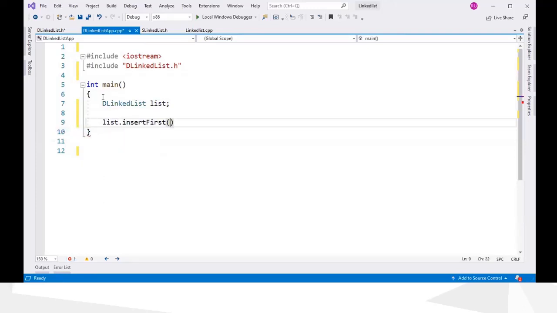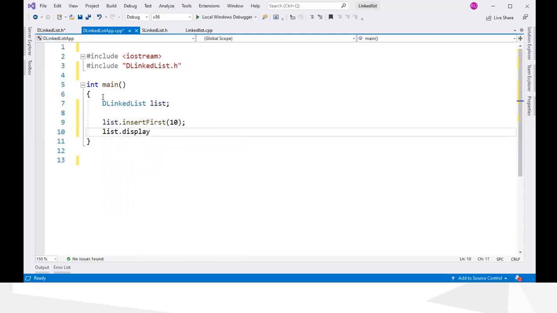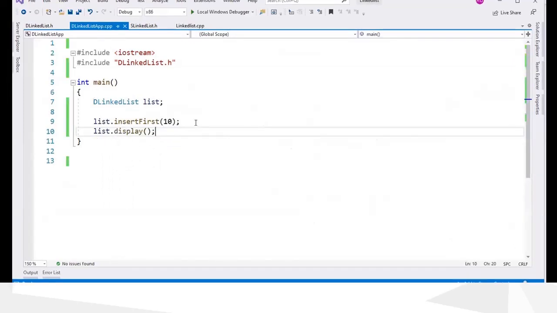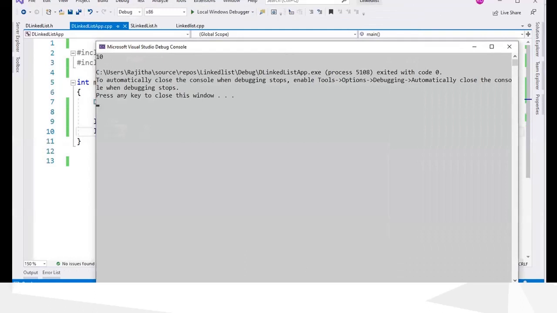Insert first, second. When you run this one, it will look like this.